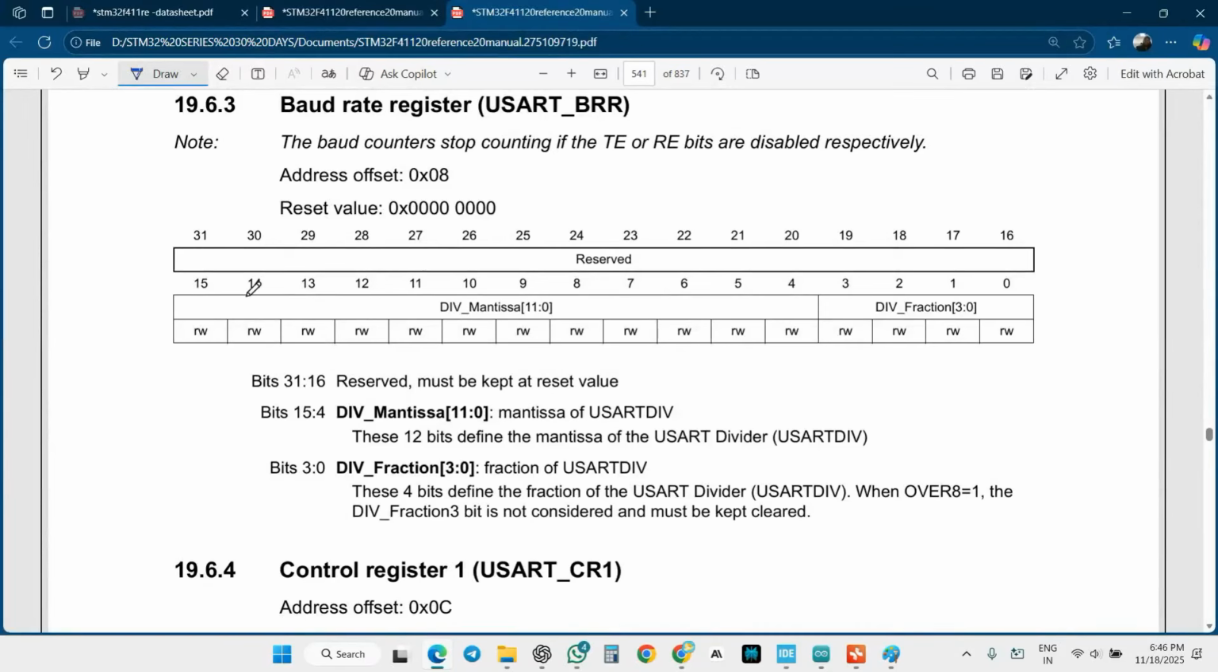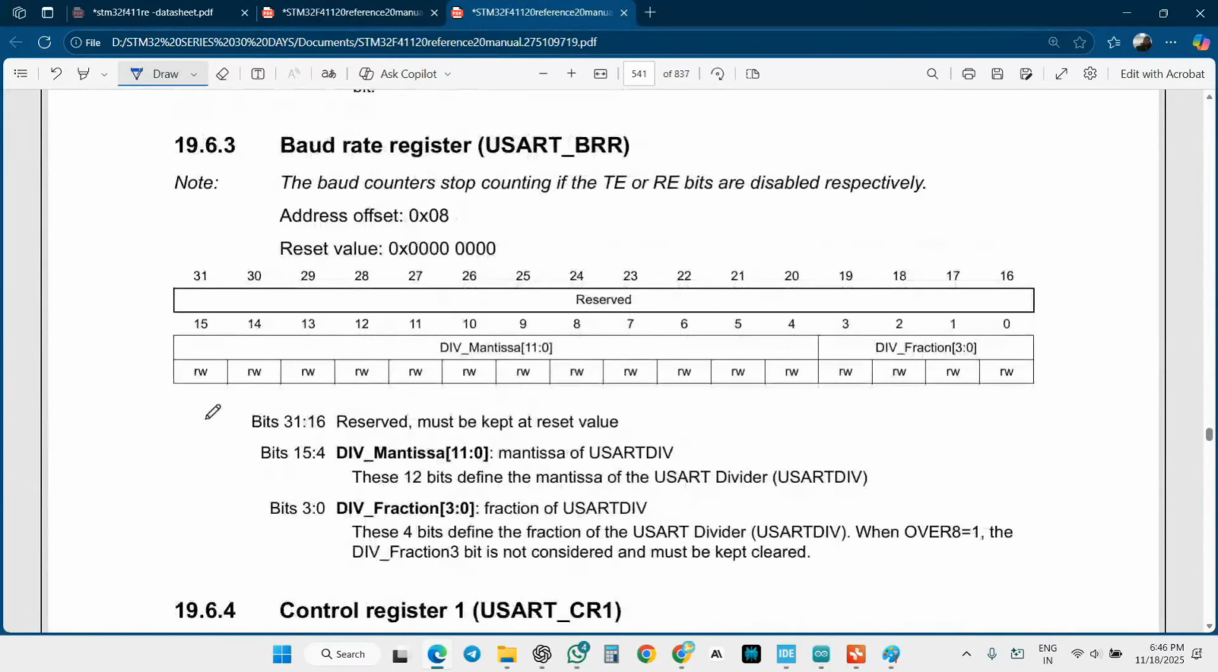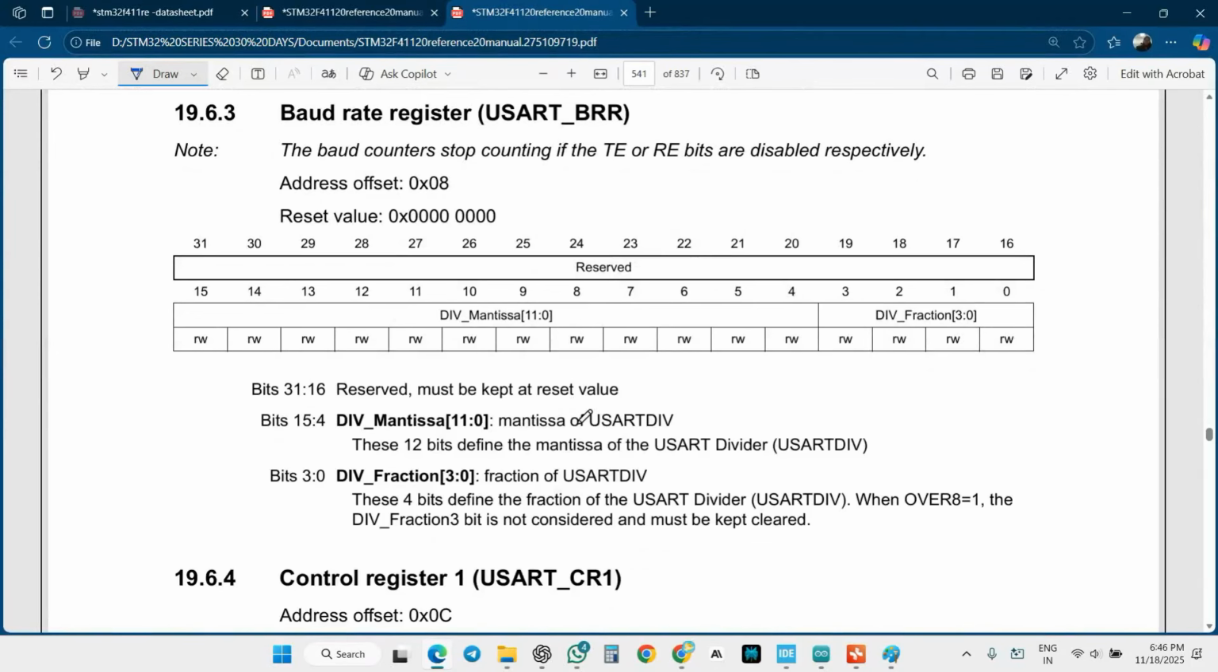They didn't give any bit to be set, exactly. They just gave the mantissa of the UART divider. So these 12 bits define the mantissa of the UART divider. And here the fractional method, if you're going to be using that, when the oversampling is equal to 1, you are going to be, so if here this complete data has been given on the